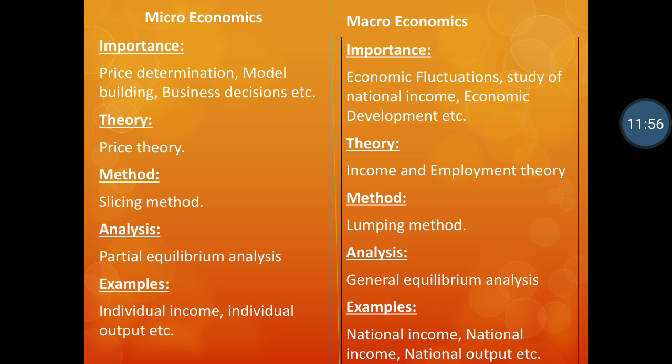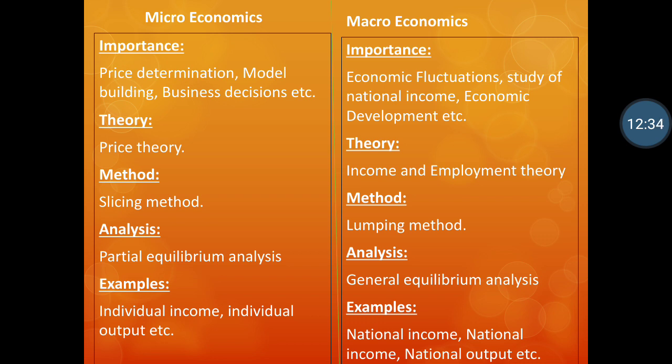Analysis. In microeconomics, it goes for the partial equilibrium analysis, where it says that all other things remain constant, which follows ceteris paribus assumption. It assumes that all other variables remain constant. For example, if we study demand, then we just calculate demand and price, and we do not consider other aspects related with that, because in microeconomics we assume that all other things remain constant, no other things are affected.